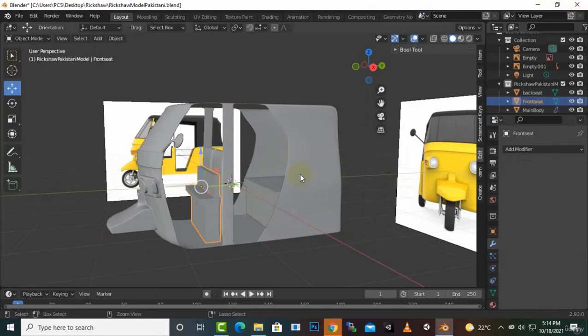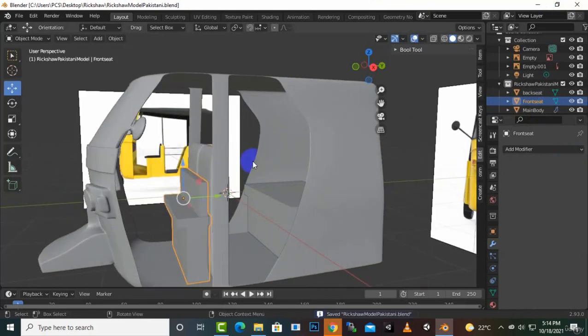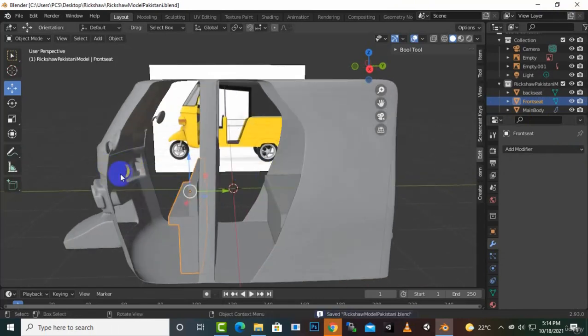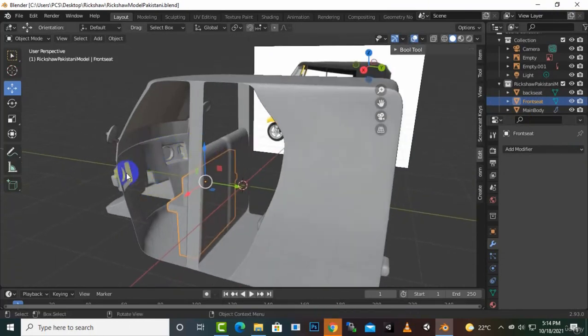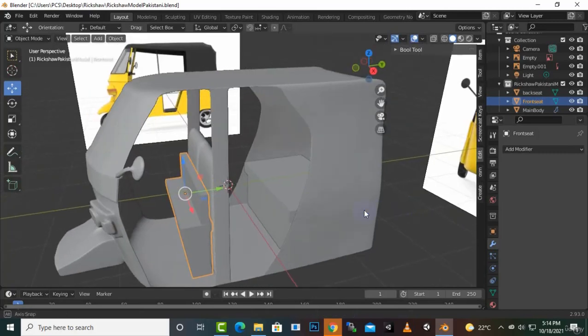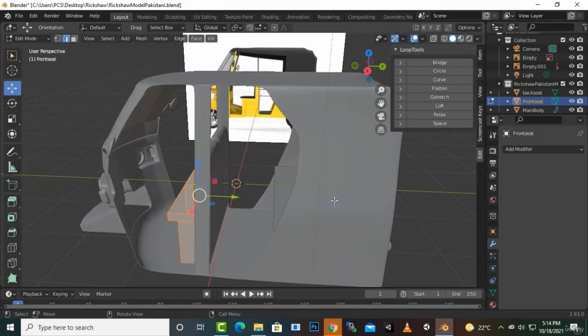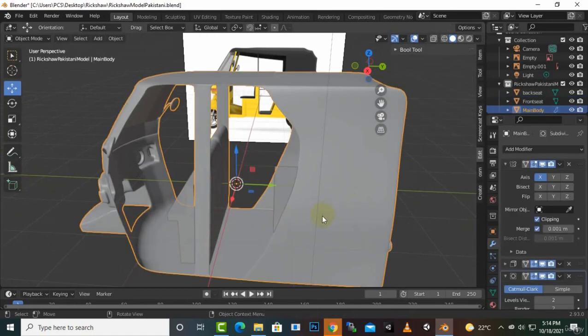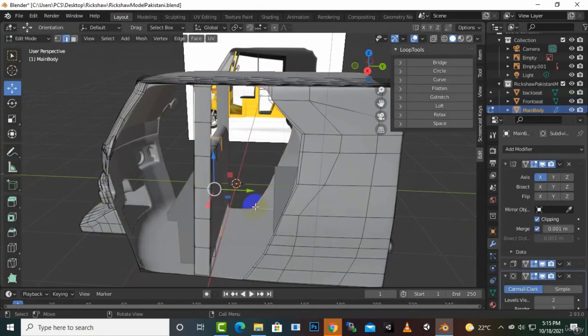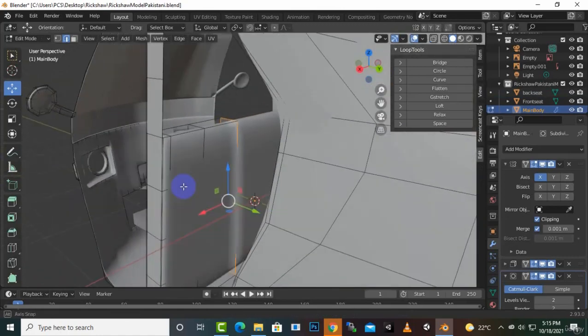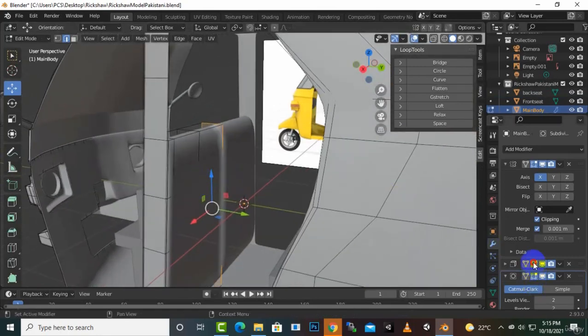So now what else we have to create is the main handle here, and the simple dashboard as well. Okay, so let's create that. So now we will just go to select our body, go to edit mode, and here in edit mode you can see that if we disable these things,